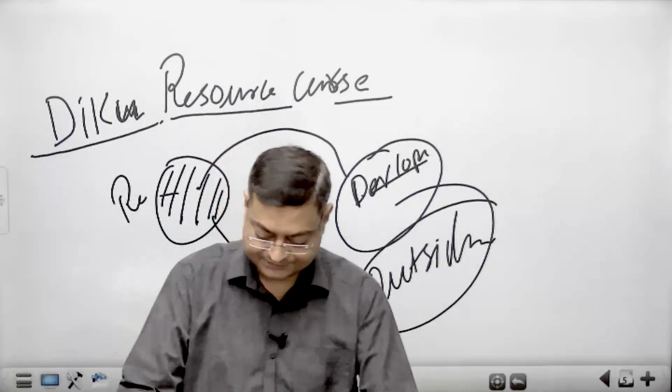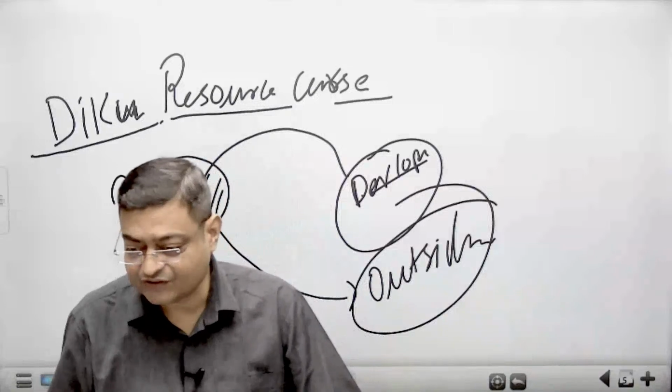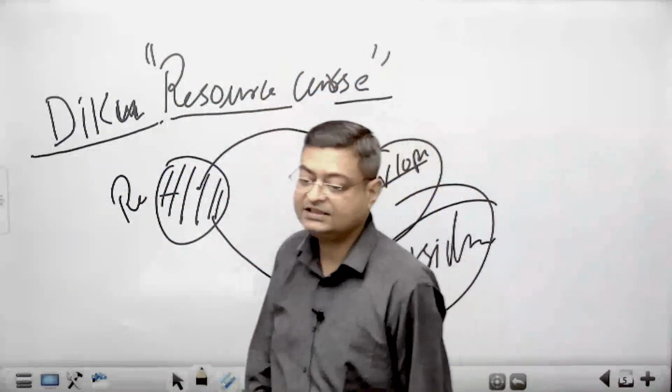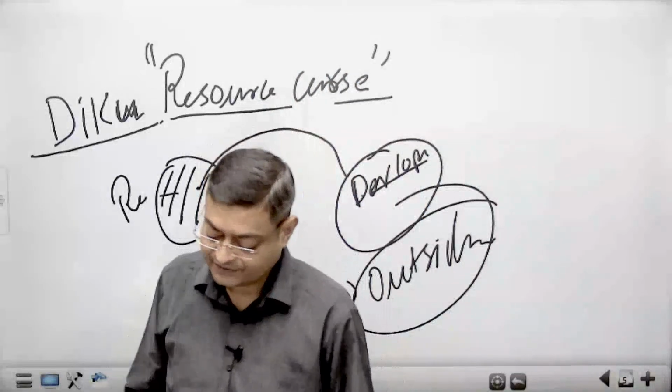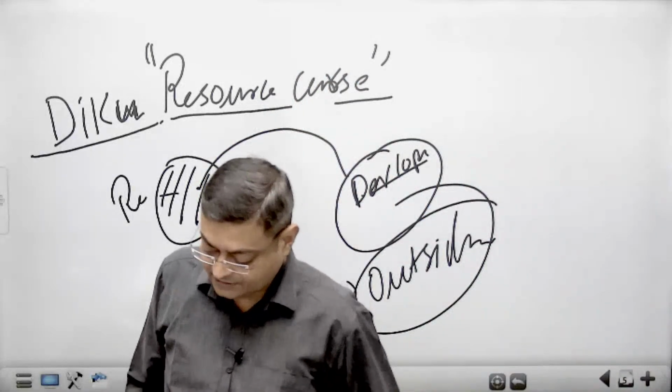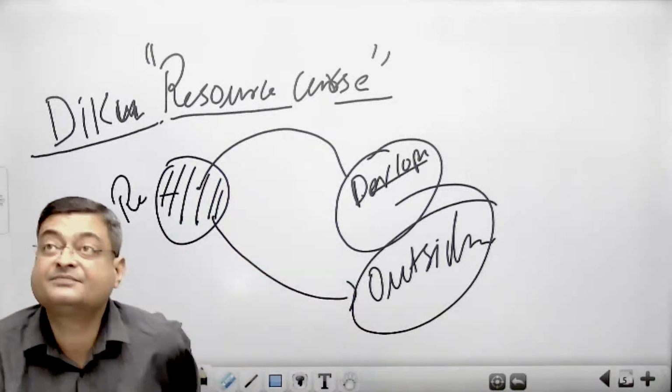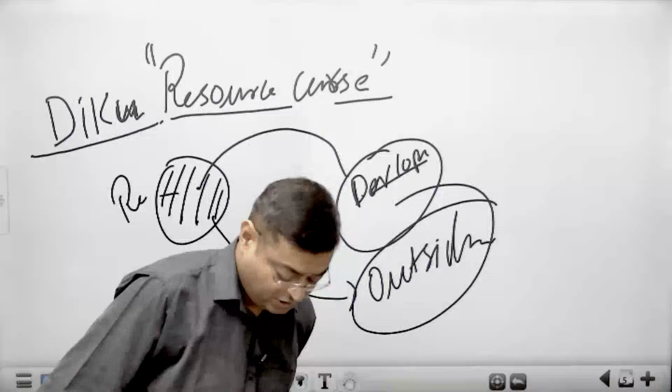Okay, write it down. It is a "resource curse", put resource curse in inverted commas, where the benefits are not being utilized,